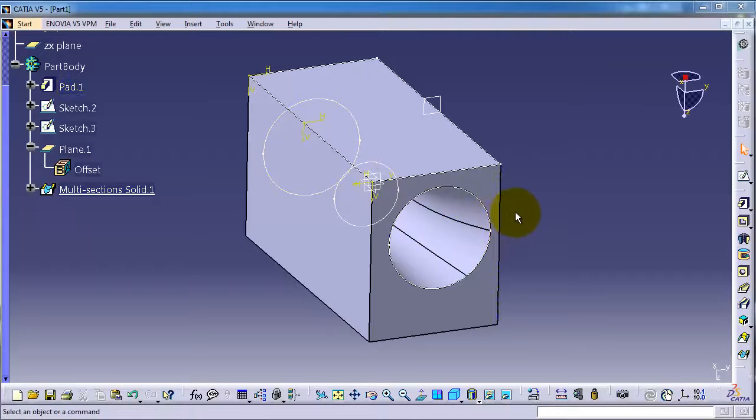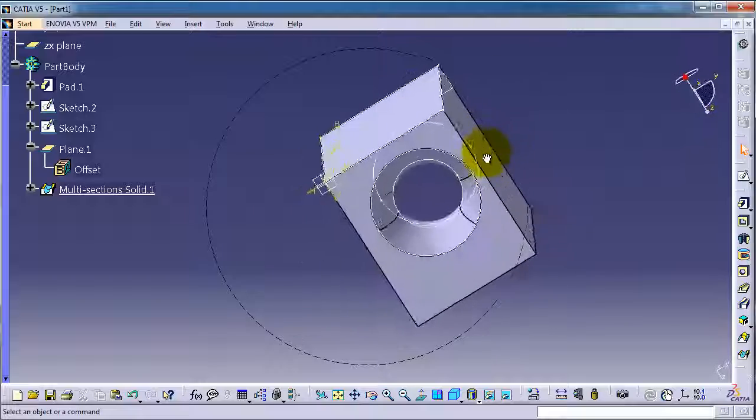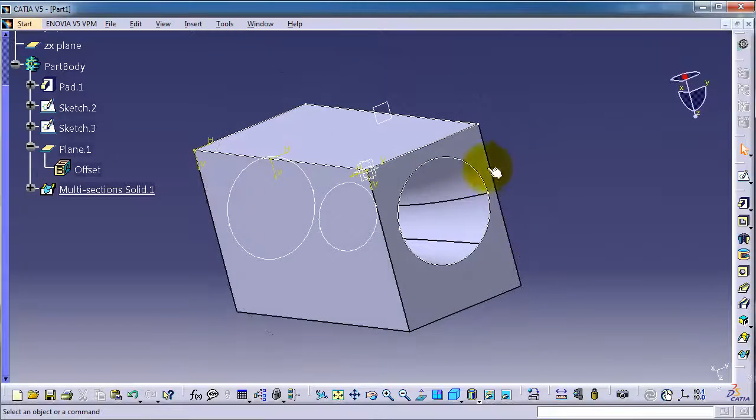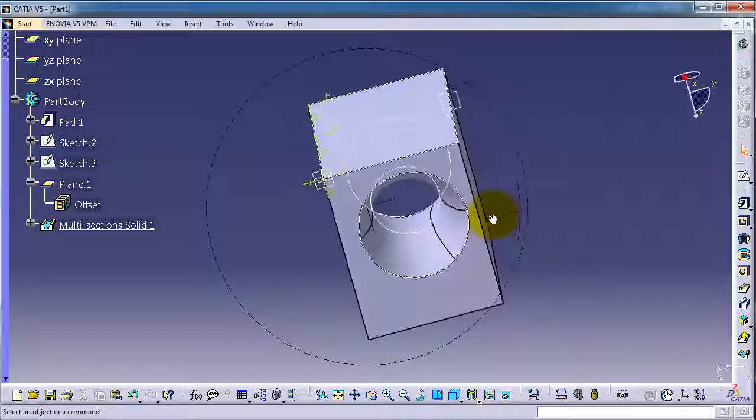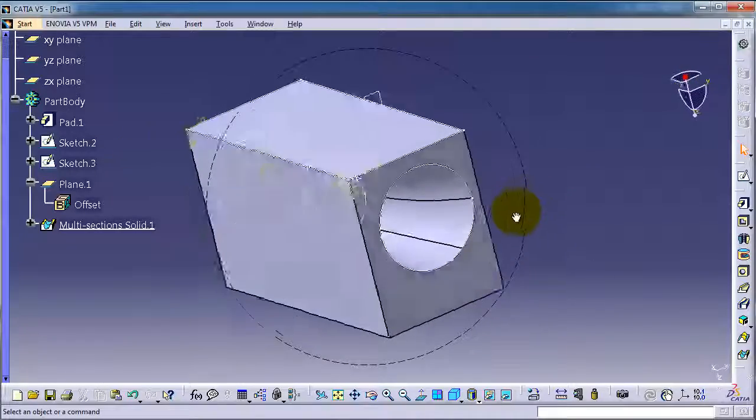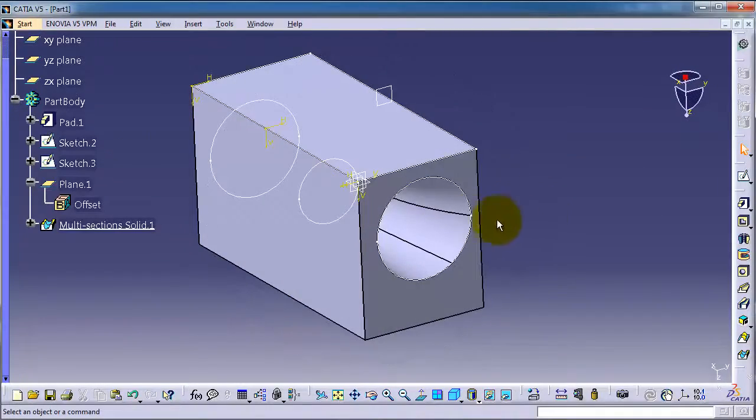Tutorial number 42. In the previous tutorial we created the basic remove, with just 3 sketches, activated the multi-remove sections, and created this removed loft. So now in this tutorial we're going to make this loft guided with a spline, and it can also be applied as well on the